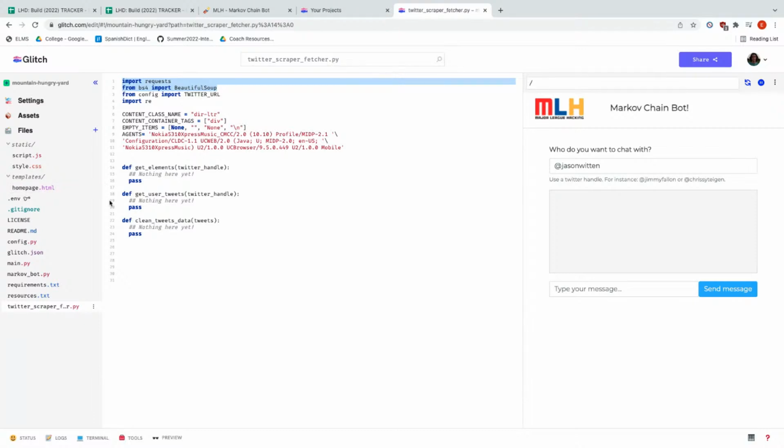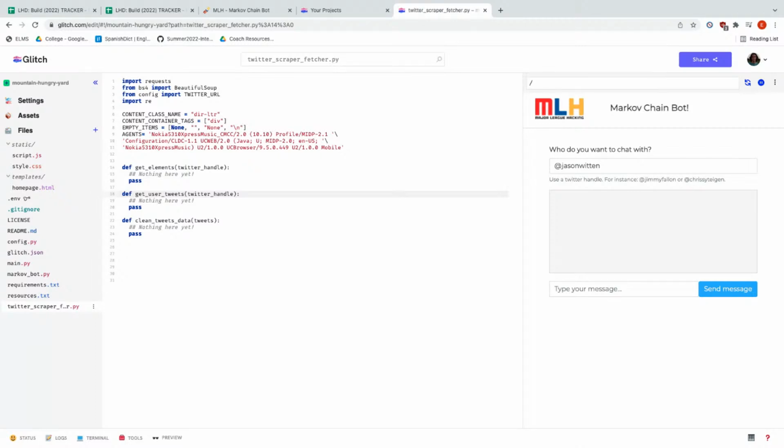And then on line 12, or I guess it's more like line 15, we create a full Twitter URL, which we're about to do. This is going to create a Twitter URL by adding the two strings together. It's going to add the Twitter URL in addition to the Twitter handle, which together is going to make the URL.